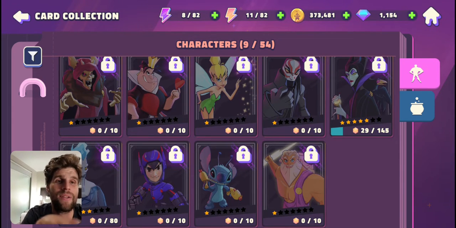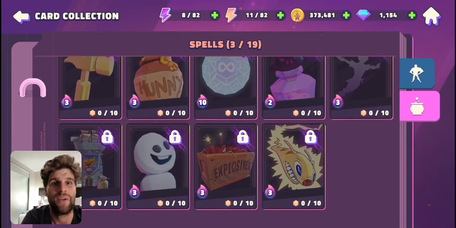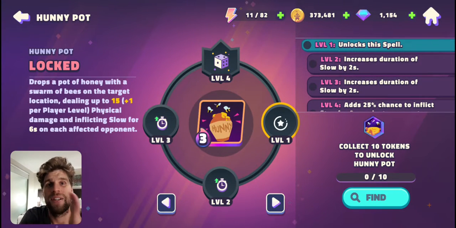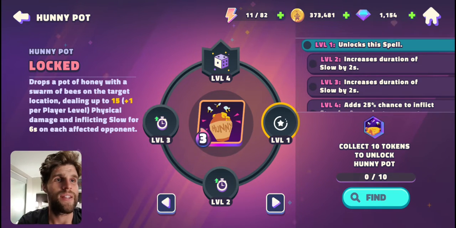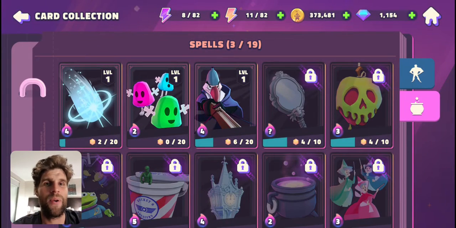And not only do you have heroes to unlock, you can also get special abilities to unlock, and there's a good few abilities. Winnie the Pooh, Honey, but all of them have different things that they do. So this increases slow duration, so you can slow your opponents, and I've been up against people who have